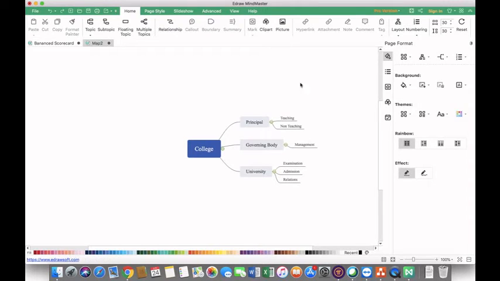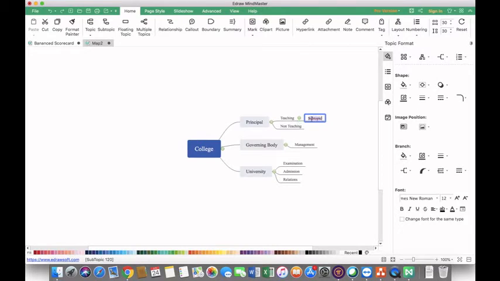So here we can see that I have started preparing this mind map. Now we can go further. The teaching will include HODs. The principal will initially talk to the HODs about what they need to do and how they can implement the new processes related to education, maybe how they can conduct the internal examination in college. So the principal will meet the HODs or the staff council, and so on.